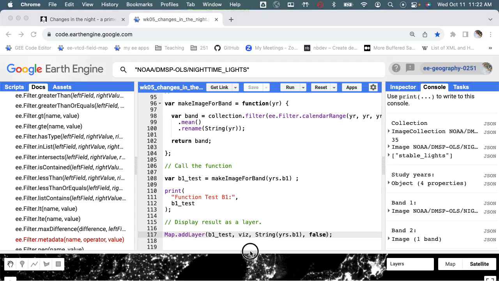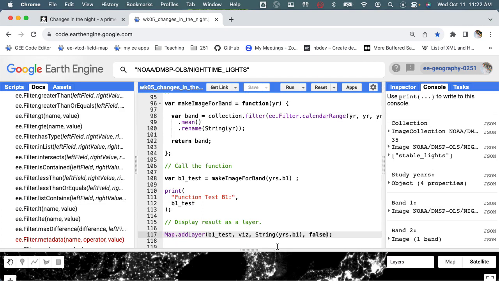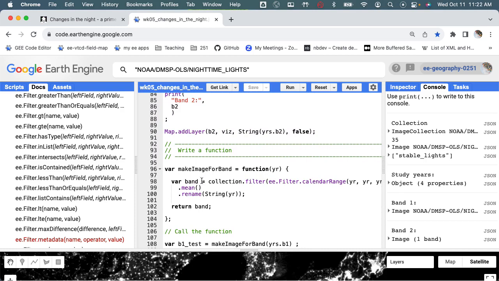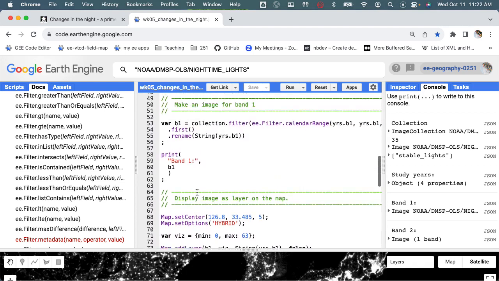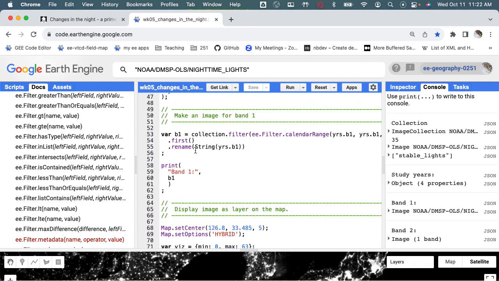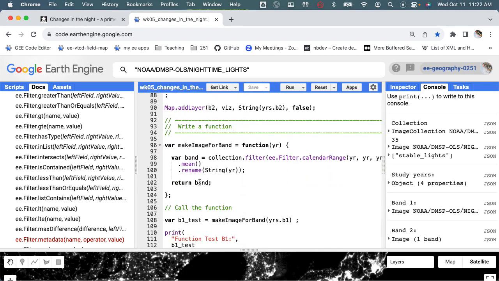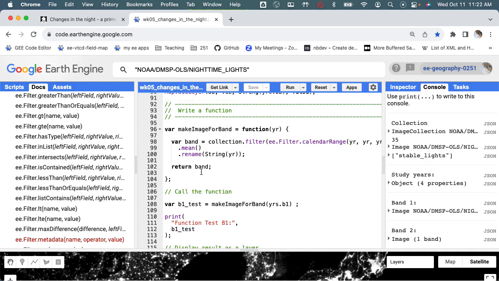Okay, so in this video, I just want to quickly test to make sure that these two, visually they look identical, but I just want to show you another method to triple check that those two images are identical. And the reason for this is we just want to make sure that if we take the mean of an image that only has one band, it's equivalent to this method where we took the first one, because we're trying to test the generality of this method and the appropriateness of using this for any year